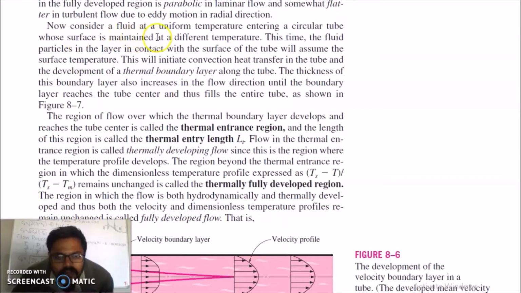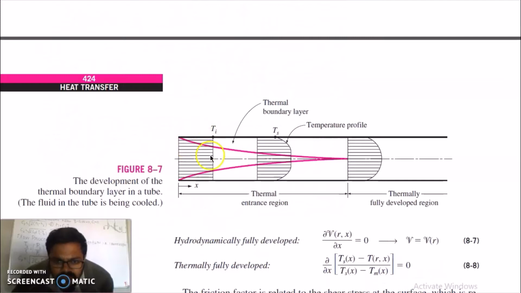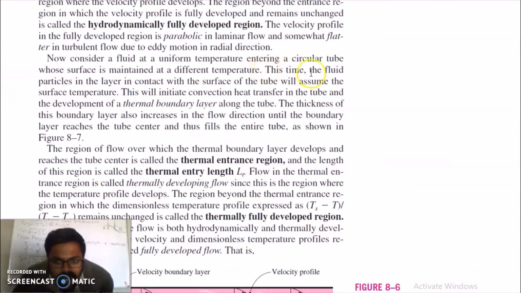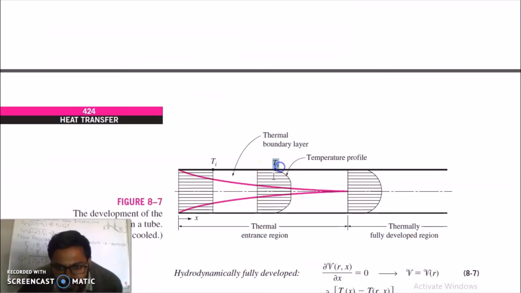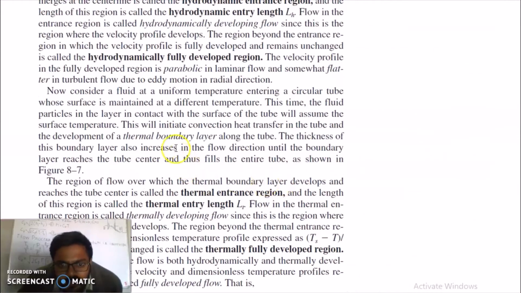Now consider a fluid at a uniform temperature entering a circular tube whose surface is maintained at a different temperature. So this is fluid entering a tube with temperature Ti, and Ts is a surface temperature which is different from this fluid temperature. This time the fluid particles in the layer in contact with the surface of the tube will assume the surface temperature. So due to the temperature difference between the surface and this fluid, heat transfer